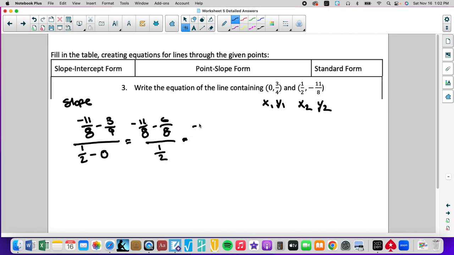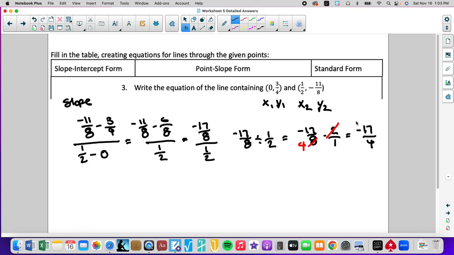And that's going to be -17/8 over 1/2, which converts to -17/8 divided by 1/2, which becomes -17/8 times 2. And we're going to cross cancel. So my slope equals -17/4. That's my slope. Let's plug it into a point, and we'll get y